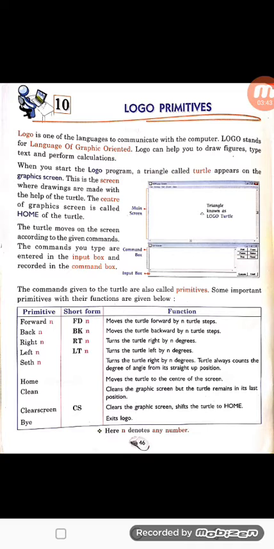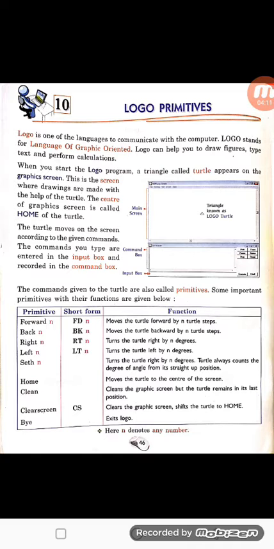It will clear the graphic screen or main screen and shift the turtle to home. This is the difference between clean and clear screen. Both will clear the screen, but in the clean primitive our turtle will remain in its last position, and in clear screen our turtle will come to the home position after clearing the screen.